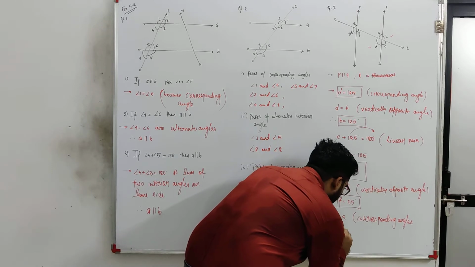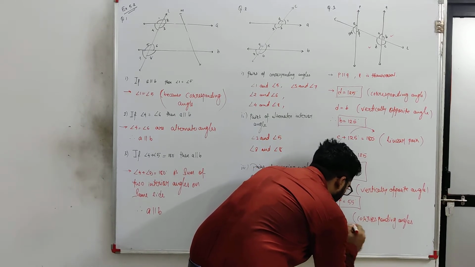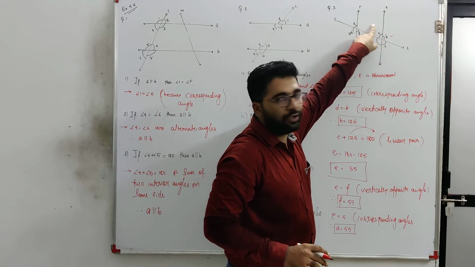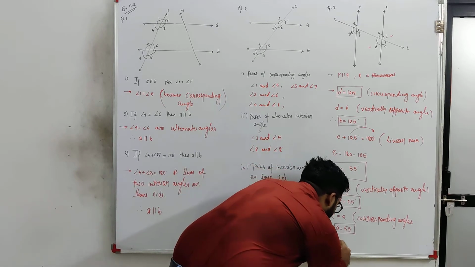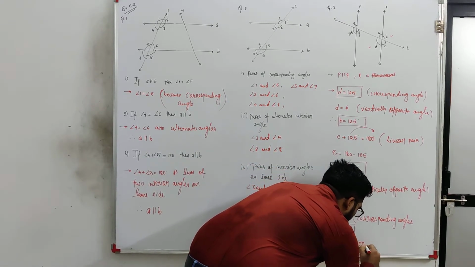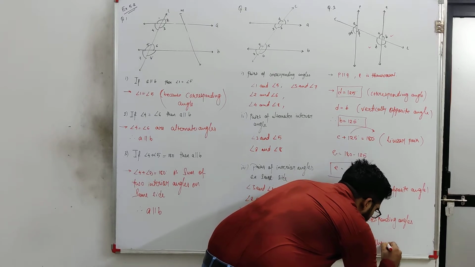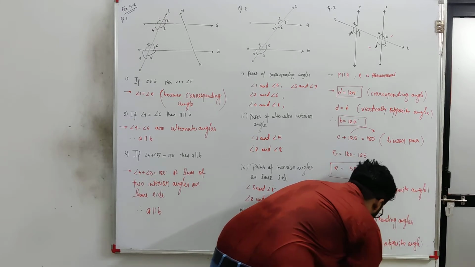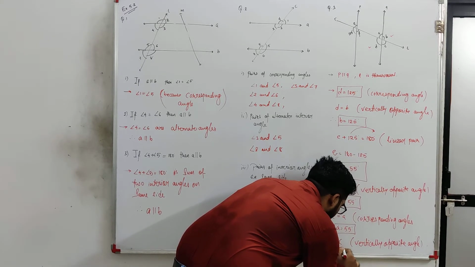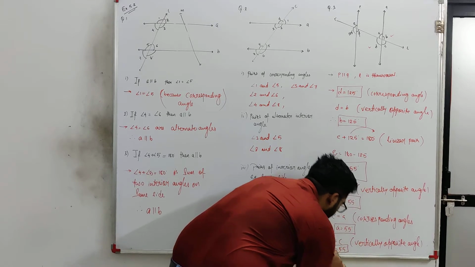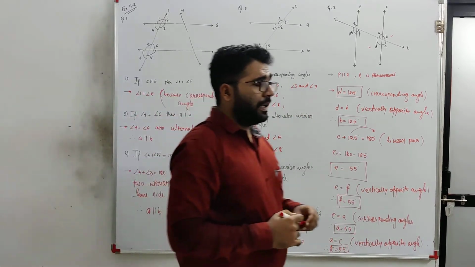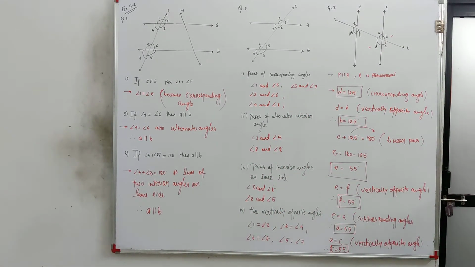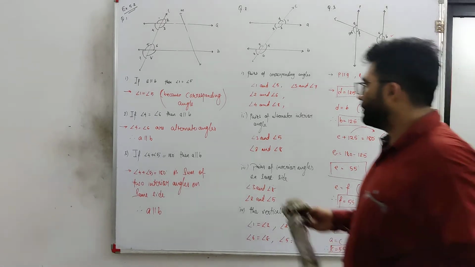Therefore, A is equal to 55 degrees. And one more relation, between A and C. A and C both are vertically opposite angles. So here I am writing A is equal to C. Why? Vertically opposite angles. And therefore angle C is equal to 55 degrees. So this is the way that you can identify all the angles formed by the given two parallel lines. Let me move to one more question.